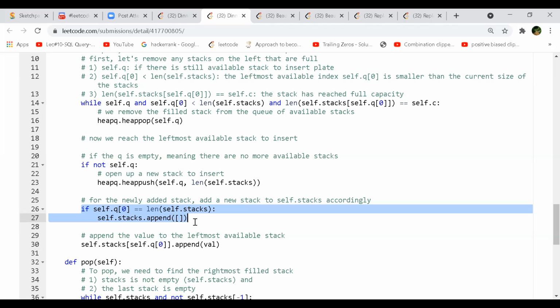So your length of stacks in that case, if you have already full two stacks, you'll push in the third stack, right? So your length will be third. So that index you are pushing. And if the stack has only one element, that also will go in line number 23. The next element has to be. Because whenever you're pushing in a stack, you are just pushing a single value, right? Exactly. You know either the stack is completely empty or it is to the capacity. So if it is to the capacity, you have to go to the next stack. Next stack. Yes.